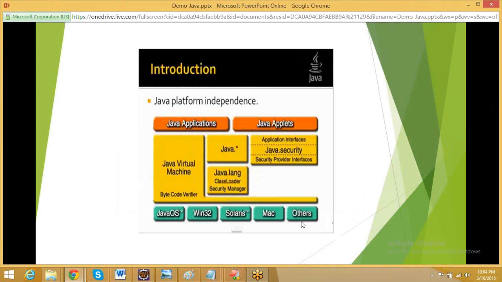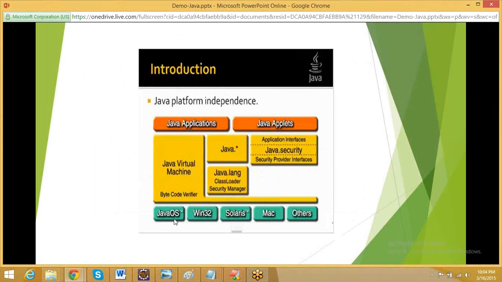This picture shows what platform independence is, and how it will talk with other non-Java platforms, in which format it will talk. Here the Java virtual machine will be there, right? It will talk with Mac and Windows, whereas Solaris is a Java OS, which relates to Java only.